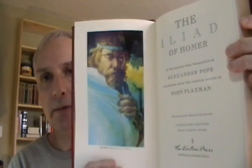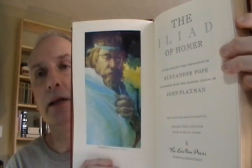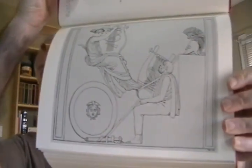First book that I'm going to go over, I'll go over the Easton Press book first. And this is the Iliad of Homer. It's part of the Greatest 100 series of books, and it is illustrated. This particular one, the frontispiece they call it, is in color. The rest of the illustrations, I believe, are in black and white. The book is written in verse, and they're kind of Greek drawings, as you can see there. And there are several of them throughout